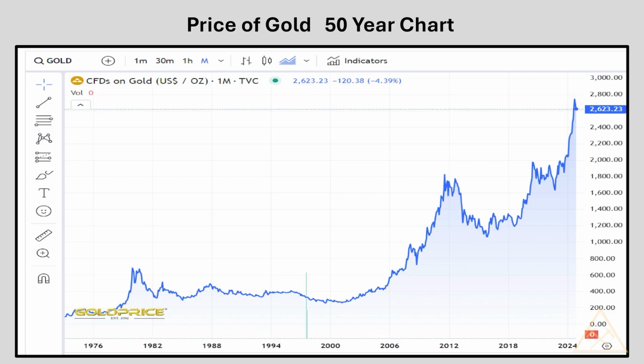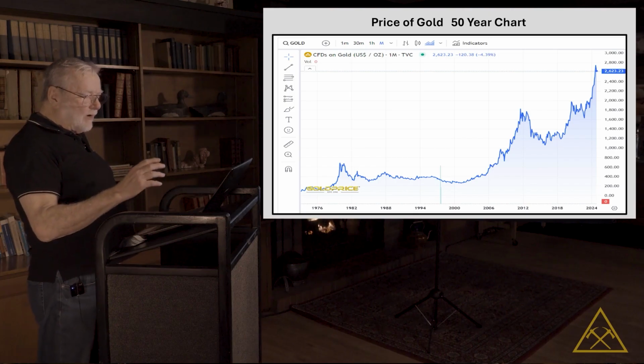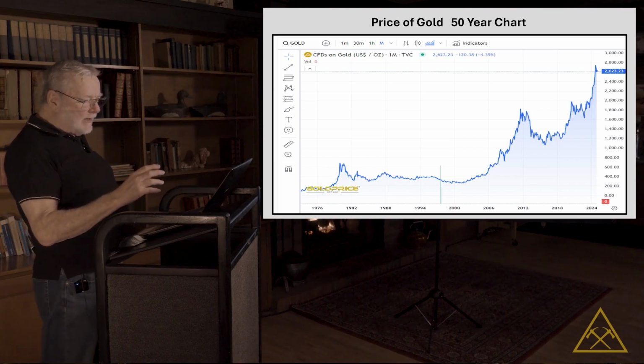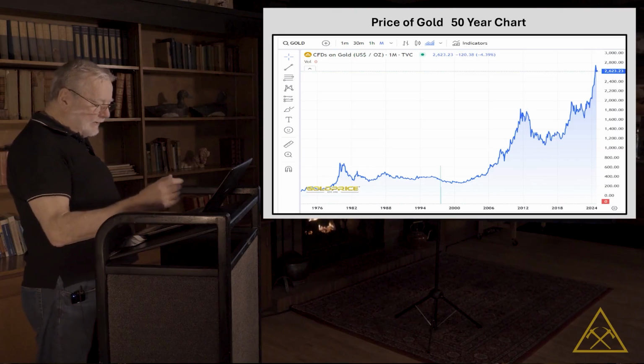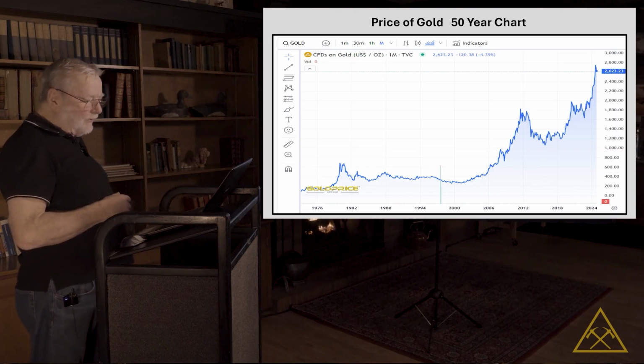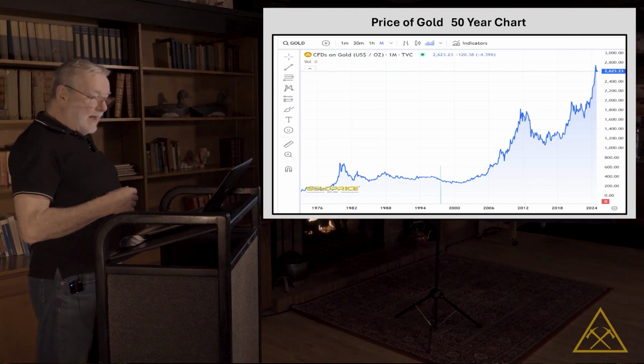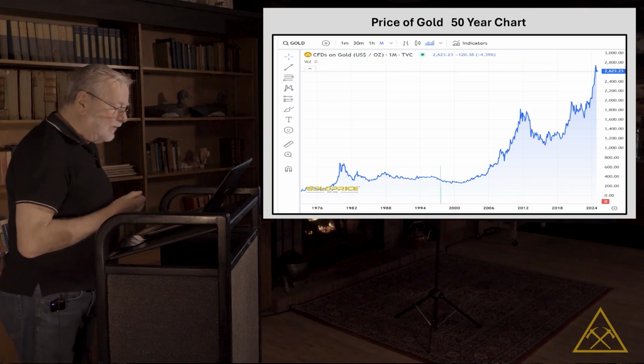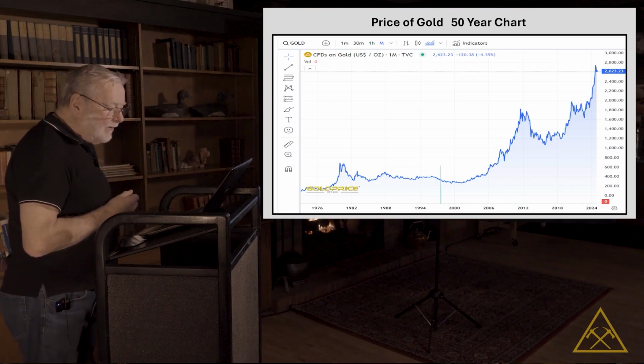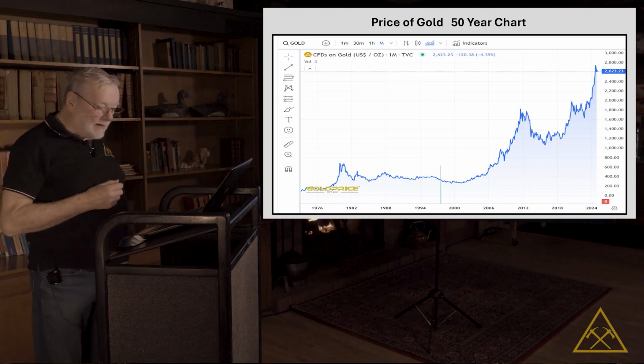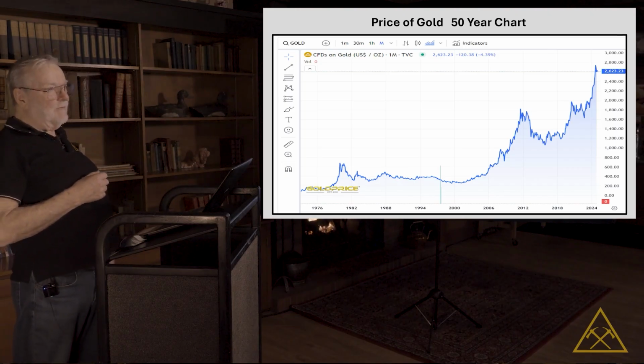And coming off that cup, you'll see it go kind of sideways and dip down. That's known as the handle. So that is a very well-known chart called a cup and handle chart. And they're famous for breaking out to a much higher level. And you can see that it started to do that around 2022-23. And it was rising up to $2,623 at that time in 2024, and we're now trading at